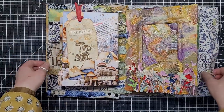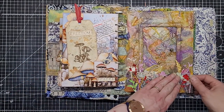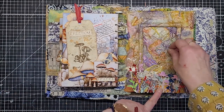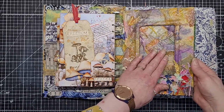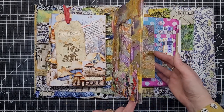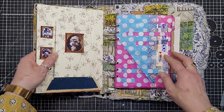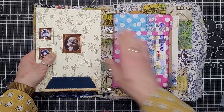And then I was going to put this handle on it, and then I decided it's less of a secret when you've got a handle on it. So I decided it didn't need a handle, because actually all you needed to do was push. Once you discovered the door, all you need to do was push to open it and go through into the next part of the journal, where we have yesterday's prompt of plaid and polka dots, and the other secret door